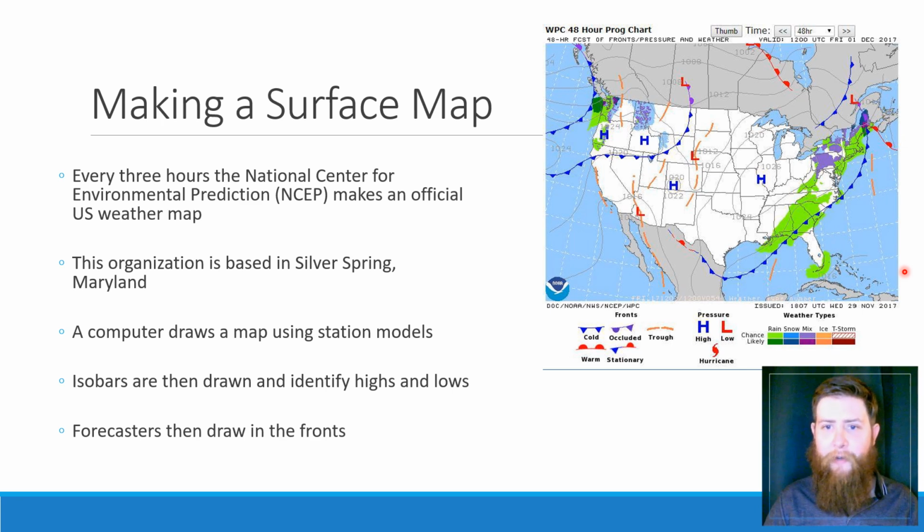We get a new one every 3 hours, so we can see what the new weather is going on there. You can see that there are troughs on here that we've talked about. There are cold fronts, occluded fronts, warm fronts, all of the things that we've been piecing together. There's a stationary front here. So very cool. The colors indicate the weather type. Rain is this green. A mix of snow and rain is this purple. Snow is just blue. So these are very cool.